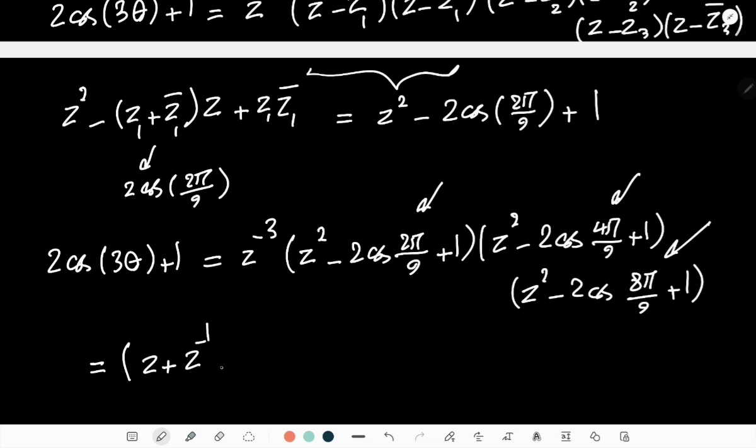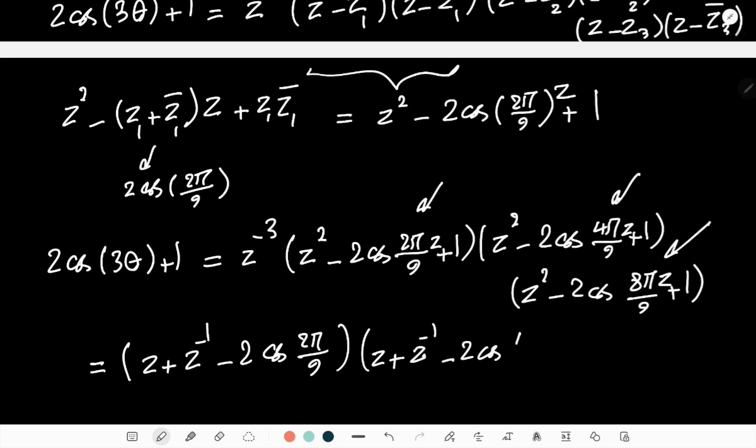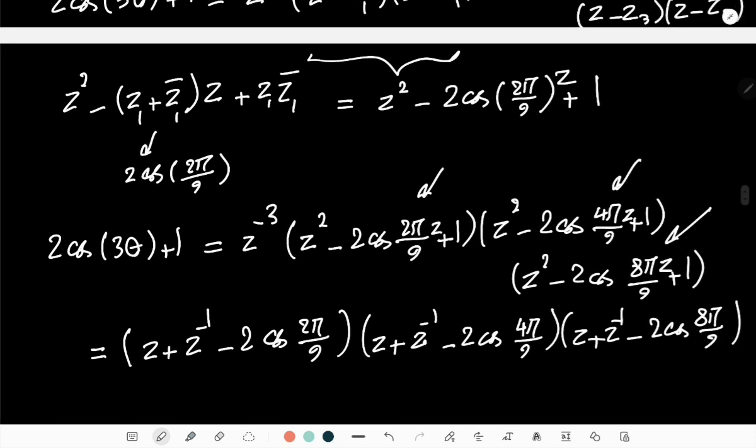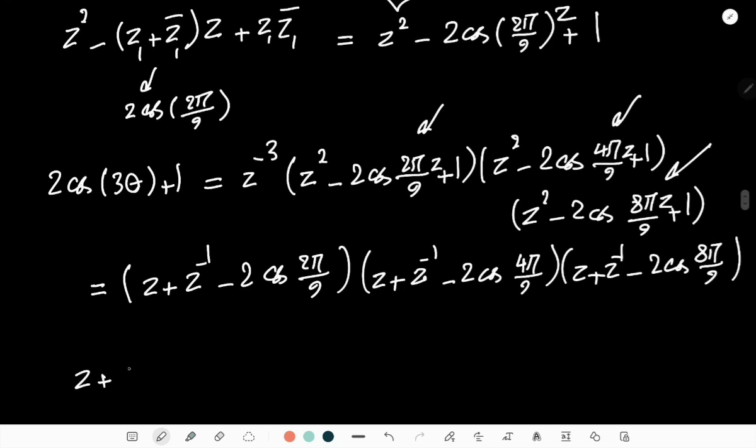Sorry, here I actually have this z term. I forgot to write it. Sorry for my mistake. So I have basically z² minus 2 cosine of 2π over 9 times z, plus z to the power of minus 1, minus 2 cosine of 4π over 9 times z, plus z to the power of minus 1, minus 2 cosine of 8π over 9. Okay? So this is what I will get,